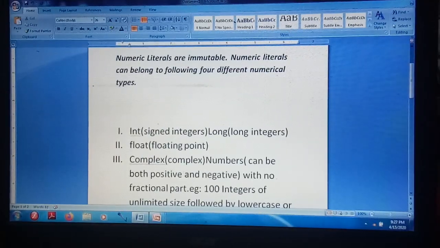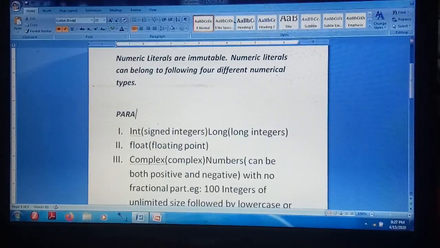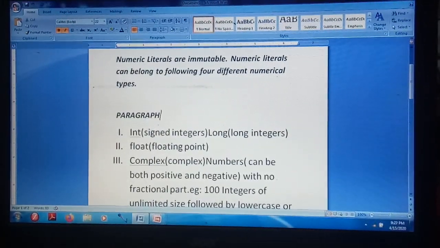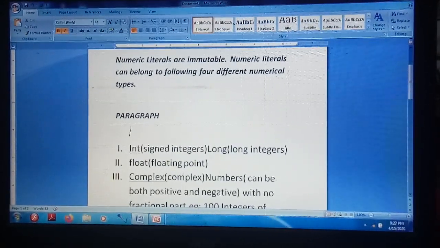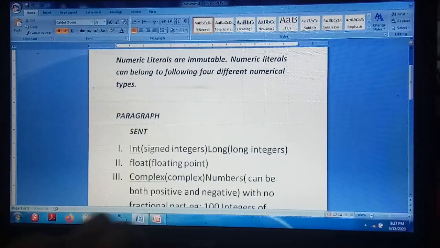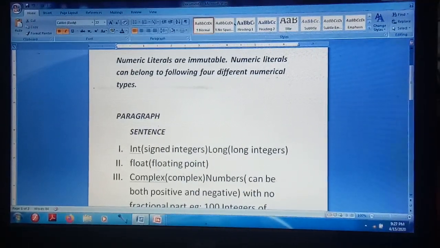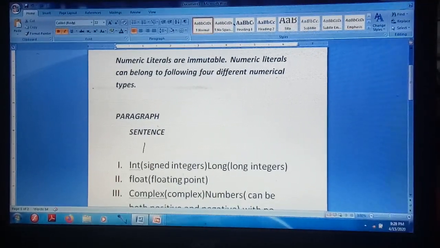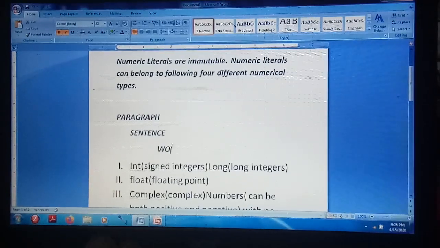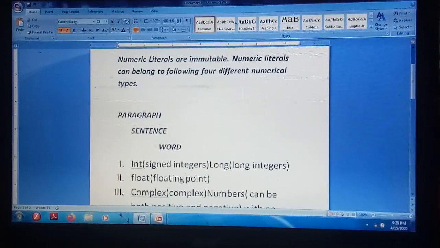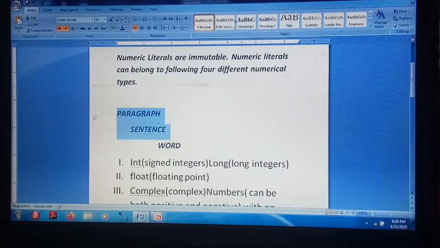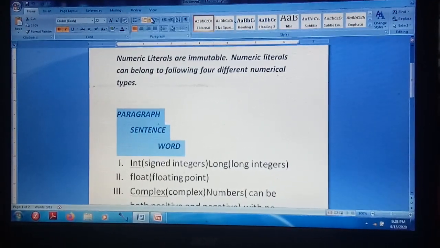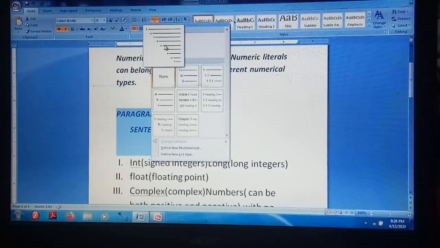Okay, so this option is used to display the text such that this is your first point, like paragraph is our first point. Then the sub point is sentence. The sentence is the sub point of the paragraph, and word is the sub point of the sentence. And if you want to display this in another format, then you click on this button.